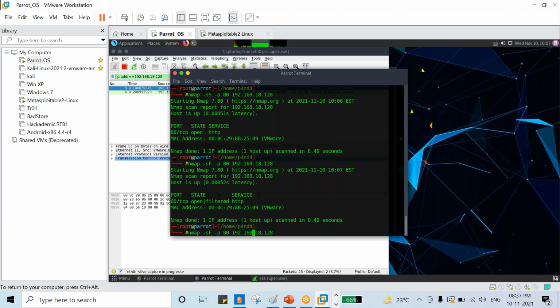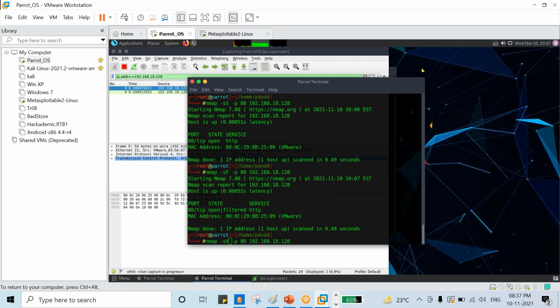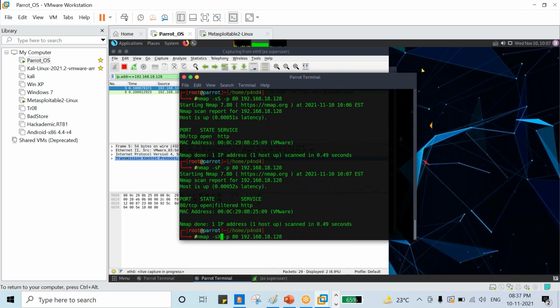That is our Xmas scan, right? Whenever you are sending the Xmas scan, it means we are sending FIN, PUSH, URGENT, right? It means if the port is open, we don't get any reply, right?